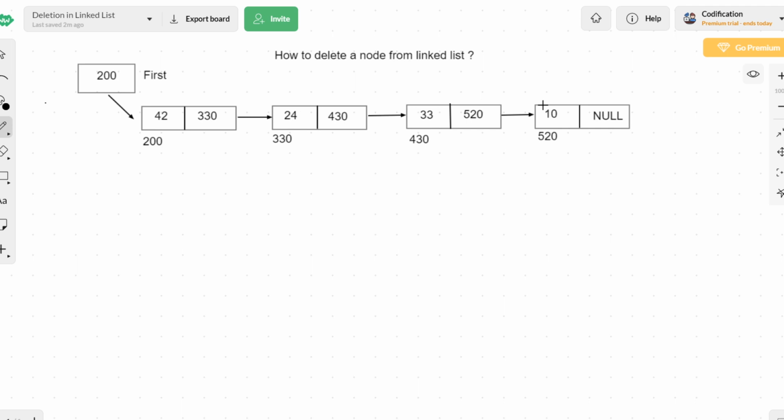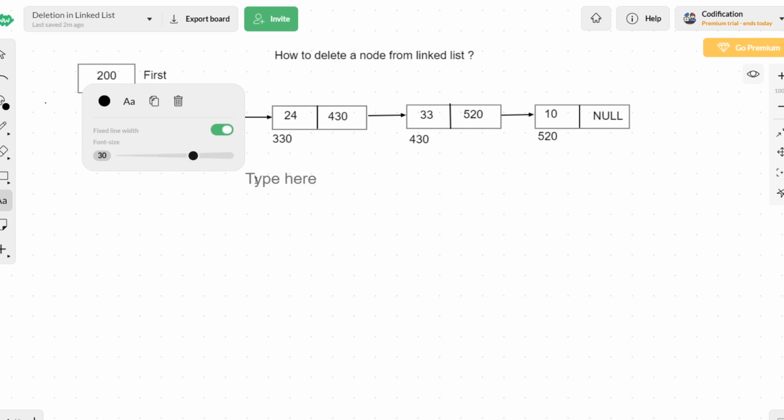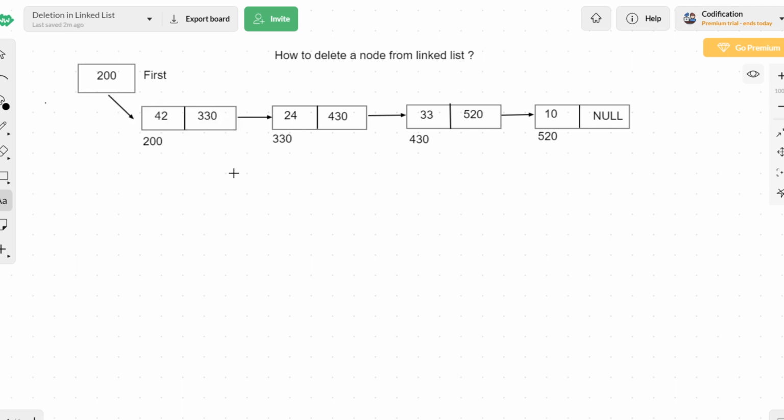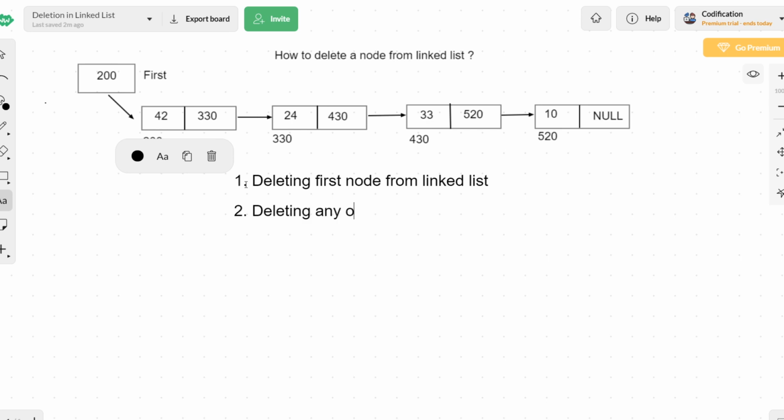Now I'm going to categorize the deletion process into two types. First one is deleting the first node from the linked list, and the other category is deleting any other node from the linked list.